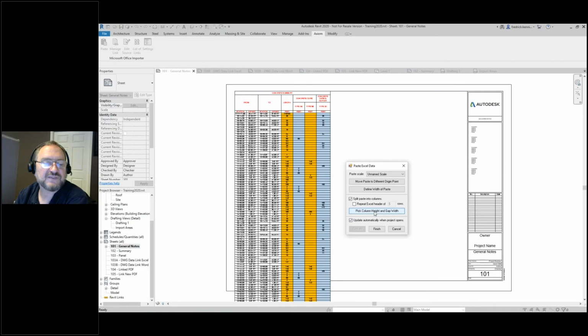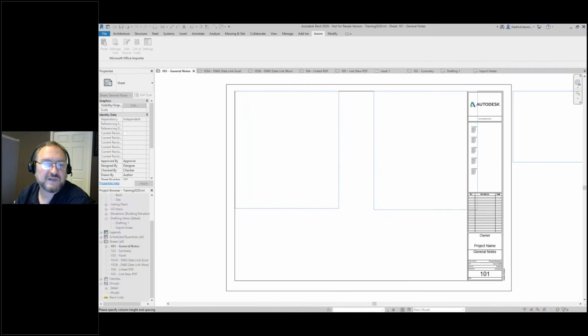And then on this secondary dialog box, I'll click this button to split the paste. And when I do so, notice that it gives me a representation of where the columns are going to fall. If I move up or down, it adjusts the height of the columns. If I move left or right, it'll adjust the spacing between the columns. And then with a second mouse click,